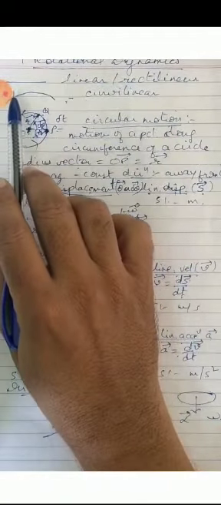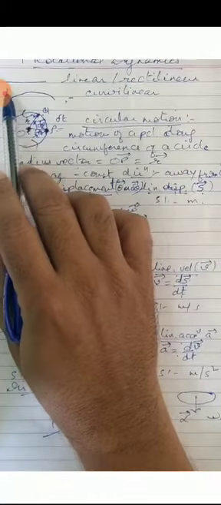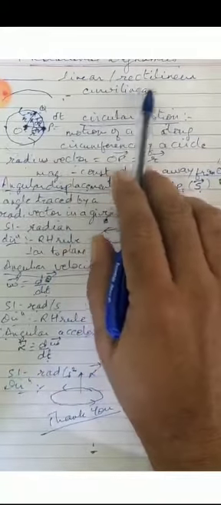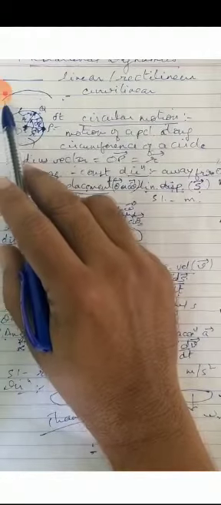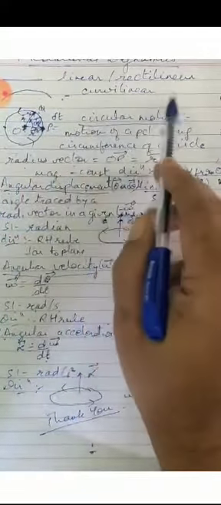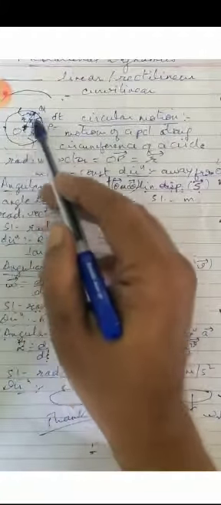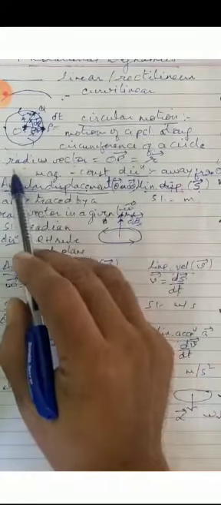So initially we have seen that when an object moves in a straight line direction, it is called linear or rectilinear. It is also called translational motion. And if it moves in a curved path, then it is curvilinear motion. And if it moves in a circular track, in this way, circular orbit, then we call it circular motion. Then we have seen a radius vector,